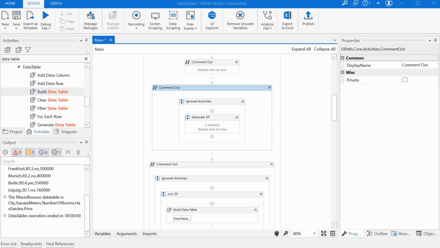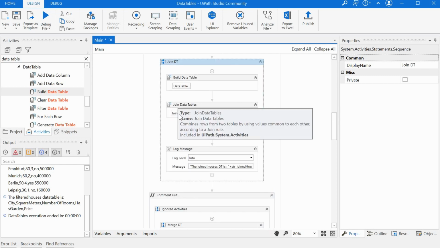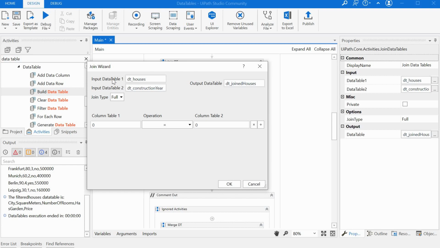And the next activity on data tables is the join activity. We have 2 input data tables and 1 output data table. And there are 3 types of join. The inner join keeps all the rows from the first and second tables which meet the join rule. So here we say we have different operations, equal, greater, or less than, or different than, and we can select basically a column from the first table and the column from the second one and compare